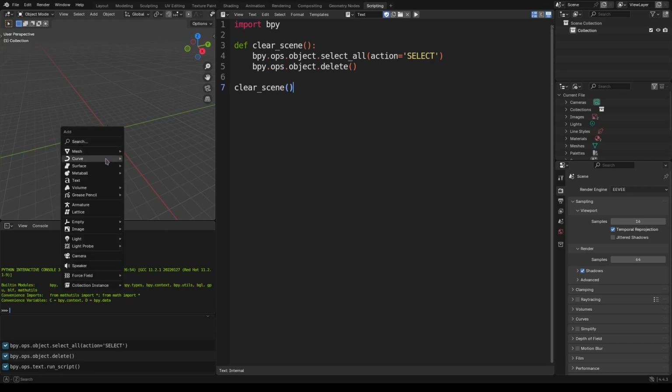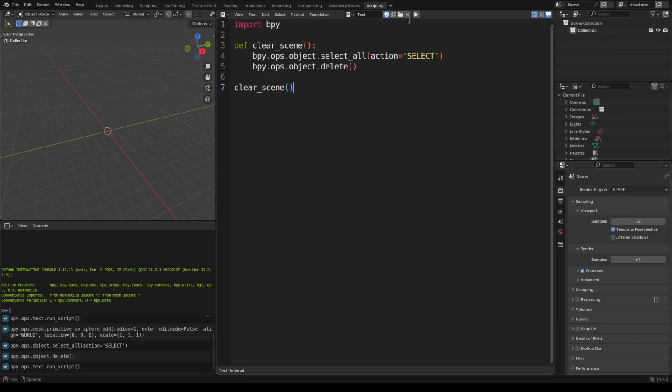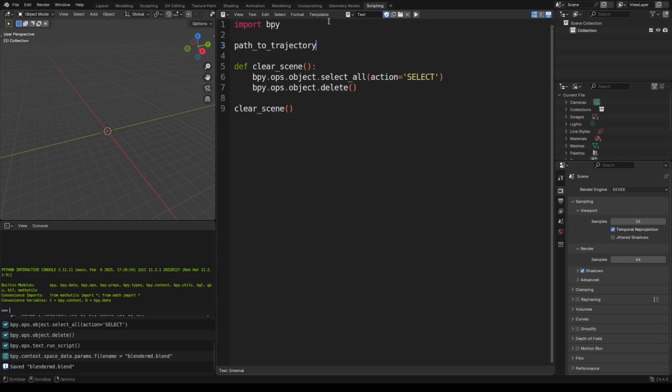On the bottom left you can also see a log of every action that happens inside Blender. So if I just add a sphere right now, you can see in the bottom left that we executed the action bpy.ops.mesh.primitive_uv_sphere_add. And we can copy that call and use it exactly like that to repeat this action. So that's how you can very simply build a program that just repeats what you did manually. At the top of the script, I now add the first of many constants, which is the path to the